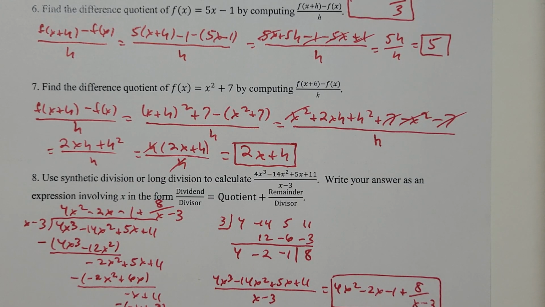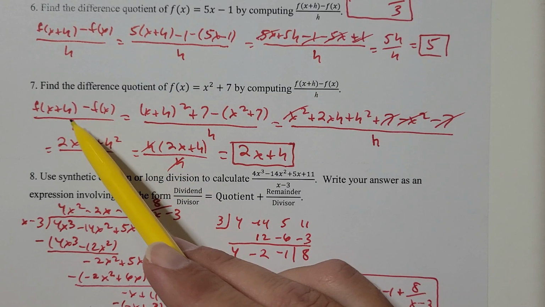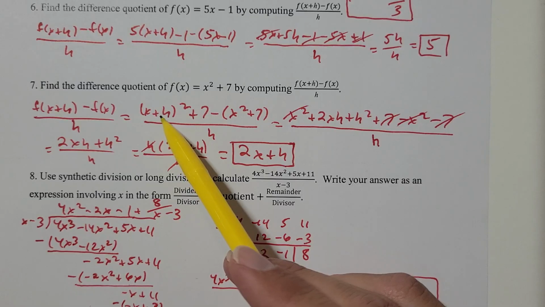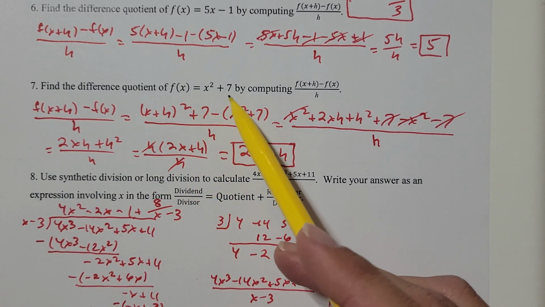They want us to find the difference quotient of f of x equal x squared plus 7 by computing f of x plus h minus f of x all over h. Okay, so wherever I see an x in f, there's only one x showing. I need to replace that with x plus h. And I got x plus h squared plus 7